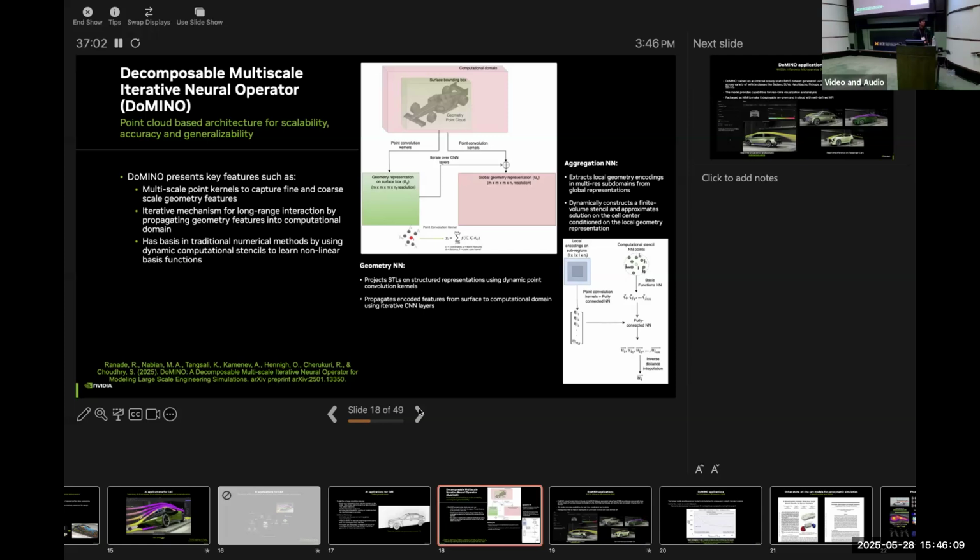Yeah, I'm just wondering, because if you're making non-parametric changes, is there an understanding of distance from the surface? I don't know how it processes that information. Okay, so the STL or the geometry is converted to what we call a signed distance field. Yeah, that's what I meant. Right, and that becomes an input along with the boundary condition information, which the network operates on. Okay, thank you. Any other questions on the methods? Thank you.